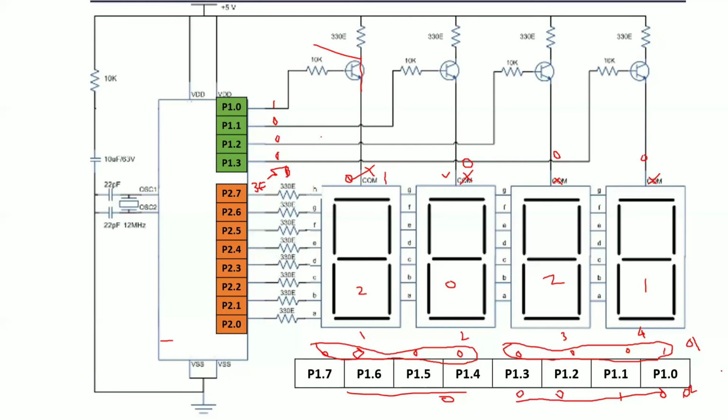Actually the microcontroller turns on one display and sends the digit, and it will turn off, and again it will turn on the next display and send the value. Again, it will turn on the next display, send the value, and the fourth display turns on, sending the next value, right? This is how the microcontroller is sending the information. But how are we seeing 2021 at the same time with our naked eye? You cannot see whether the display is turning on or off, because the microcontroller is operating that fast. That much faster is it switching the 7-segment display. Okay, so this is up to the theory part.